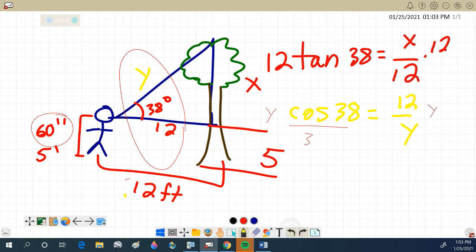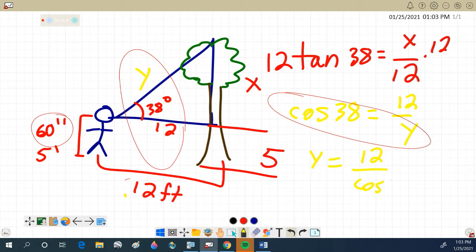Here's the faster way. You just swap places with those. And you get y equals 12 over the cosine of 38. So I refer to these as a multiply problem or a switch problem. And the switch does essentially the same thing as multiplying both sides by y and then dividing by the cosine of 38. Okay? I believe that's everything you need to answer those 8 questions,